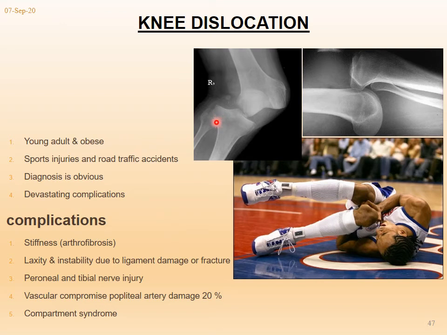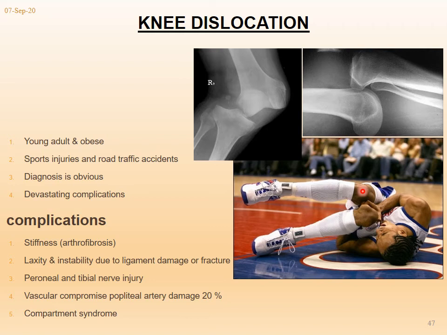Knee dislocation. Now we come to the knee dislocation. It occurs in young adults and obese people. Sports injuries and road accidents are very common causes of knee dislocation. Diagnosis is very obvious because the knee joint is very superficial. It's surrounded by the skin, and you can palpate the two bones. They have dislocated